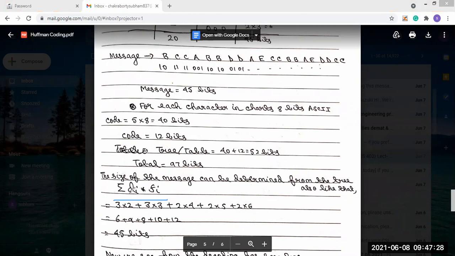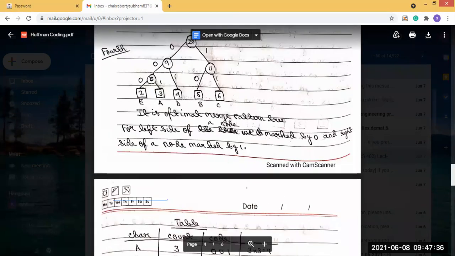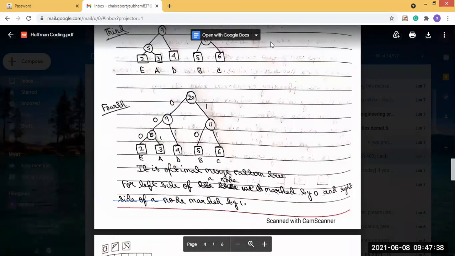So how can we use this di into fi? That means distance into frequency. First we will consider E, distance into frequency, the number of times it is appearing.